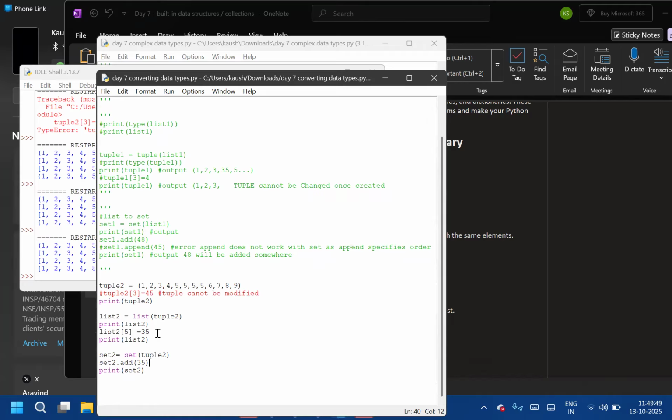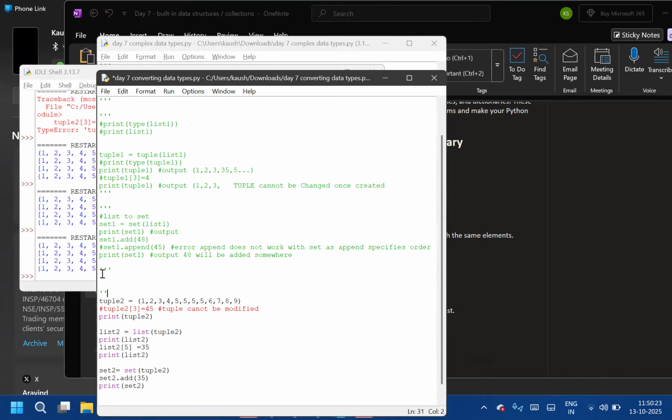Okay, we have done the conversions. List to set, set to list, list to tuple, all those things. Except dictionary conversions are left. Dictionary conversions I'll tell tomorrow. I left the third one to you, right? Set to list. Tell me, what will happen with set to list? Let's do set to list also, because